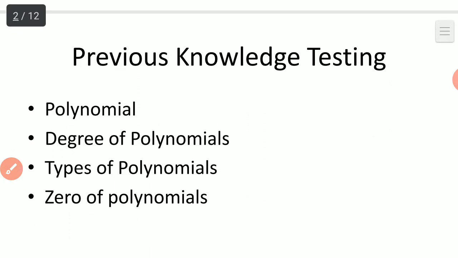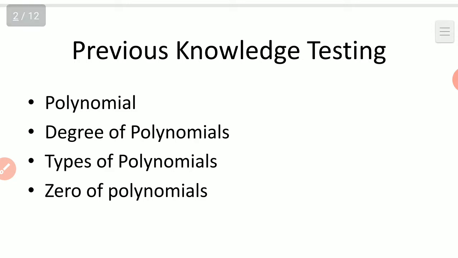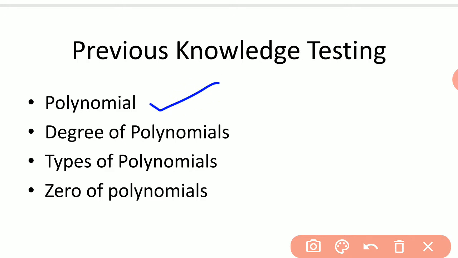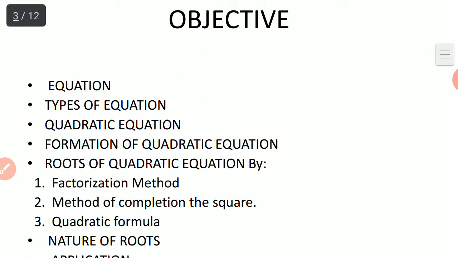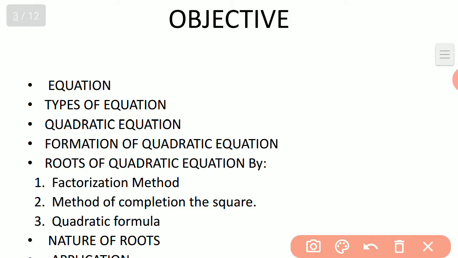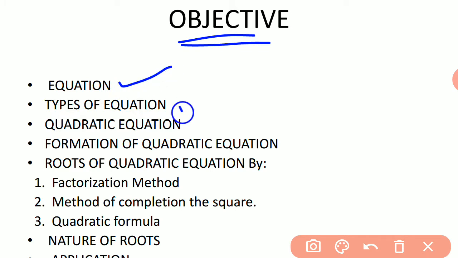Before starting this, we know that you know well about what is polynomial, what is the degree of polynomials, and types of polynomials, and zero of polynomials. After this, we will study the quadratic equation on the following aspects. So our objective is to know about equation, types of equation, quadratic equation, especially